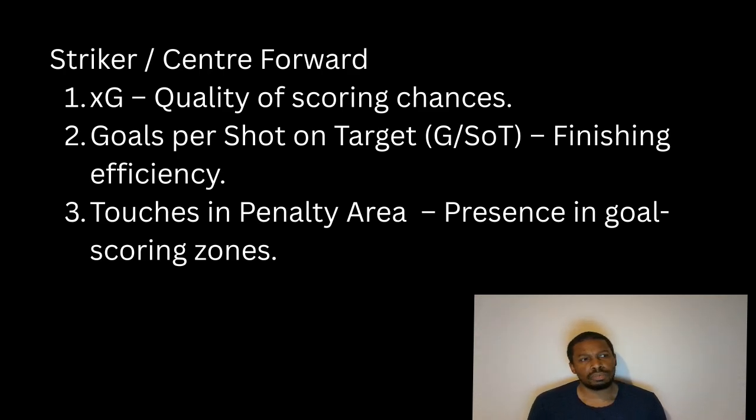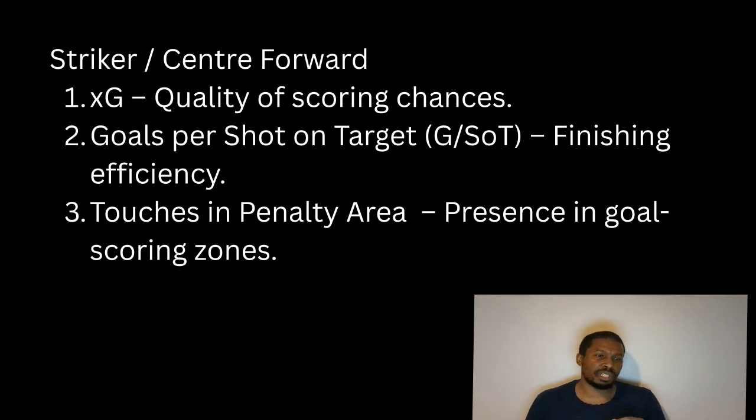So, now that we've had the conversation and we've spoken about a series of metrics for each position, of course, you might get a defender who tends to get a lot of assists or goals. That can happen, of course. But what this then allows us to do is we can look at metrics on a position, and then we can compare 2 players and come to a conclusion. So, for example,